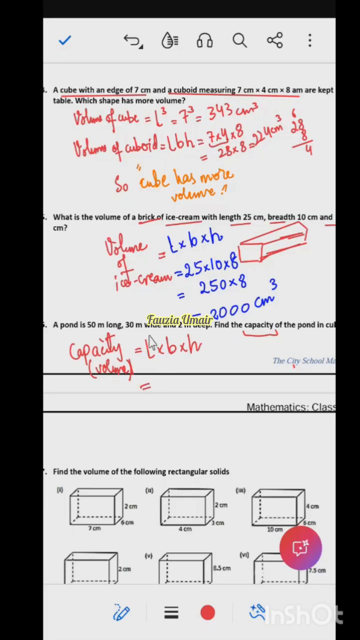So how much is the length? 50 into 30 into 2. Multiplied by 30 multiplied by 2. Very right. So what is 50 into 30? 50 into 30,